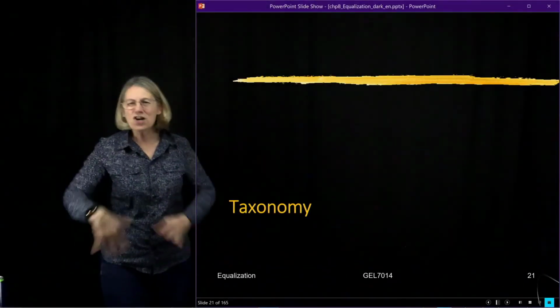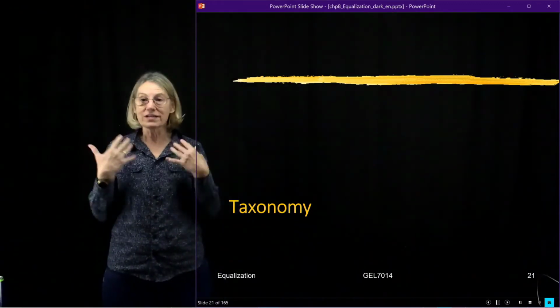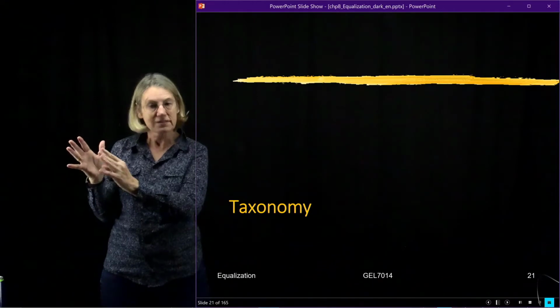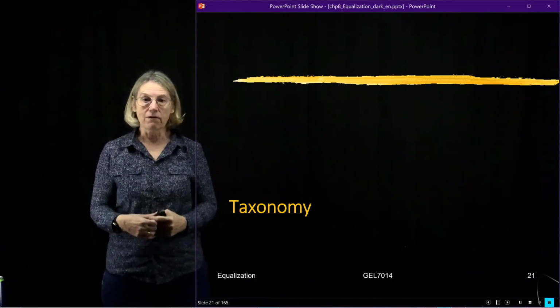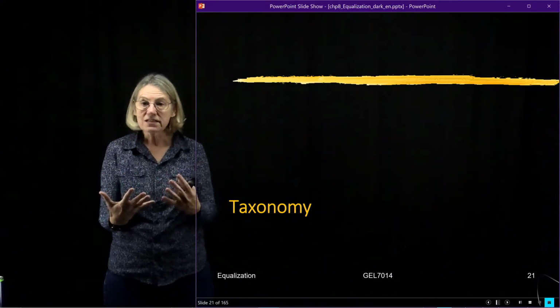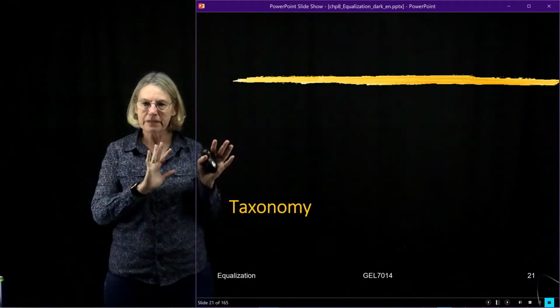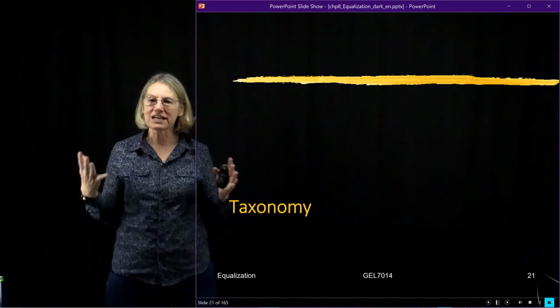Okay, so I started this discussion of equalization by looking at what is the best that we can do. I focused on intersymbol interference as the example of when we would need equalization, and then I talked about what this intersymbol interference creates, and how can I undo it? Maximum likelihood sequence estimation. But this section is about equalizers, and there's actually a whole lot of different kinds of